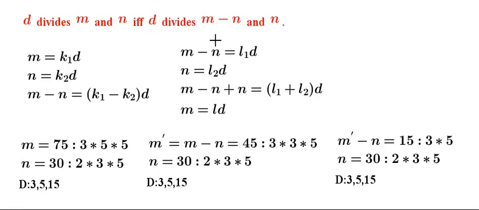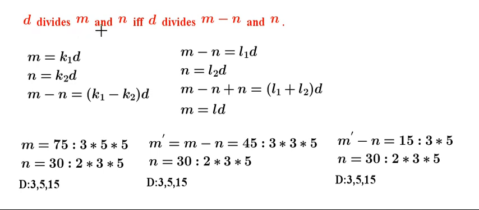Hello friends, in this tutorial we will talk about Euclid's algorithm and its Python implementation. Before we talk about the implementation part, let's understand Euclid's algorithm, and before that let's understand this particular lemma. Using this lemma, ultimately we are going to derive Euclid's algorithm. As you know, Euclid's algorithm is for greatest common divisors, and this particular lemma is for common divisors. So let's read this particular lemma first.